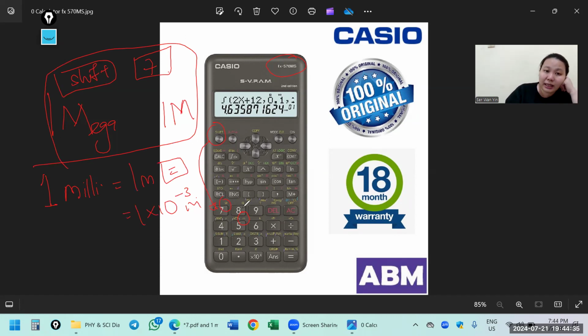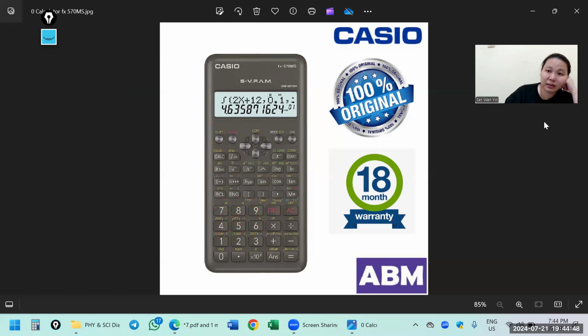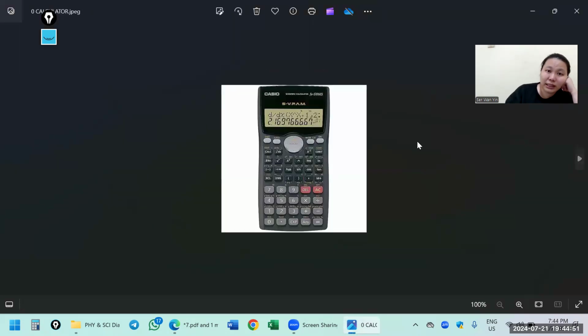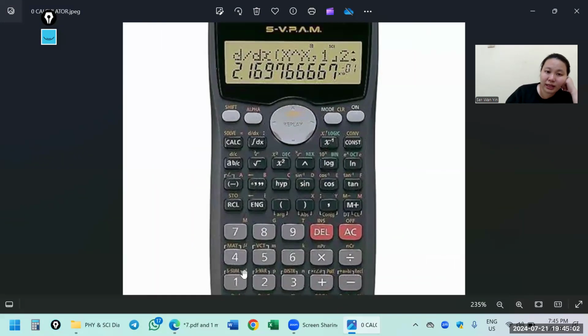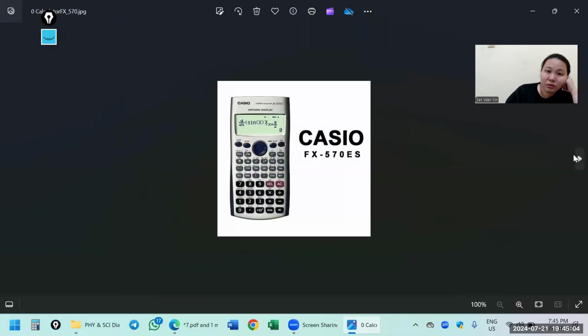So it's mega, giga, tera, micro, milli, kilo, nano. Right? This one is quite easy to check. This is the old version of the 570MS, the same thing, mega, giga, tera, micro, milli, kilo, nano. Then ES, if you have this kind of calculator, I advise you to change to